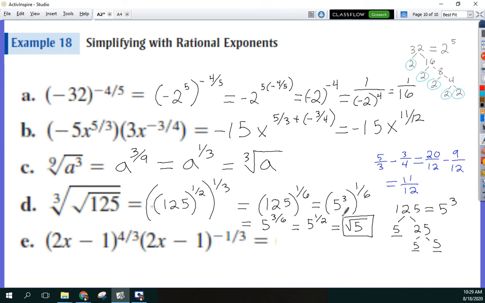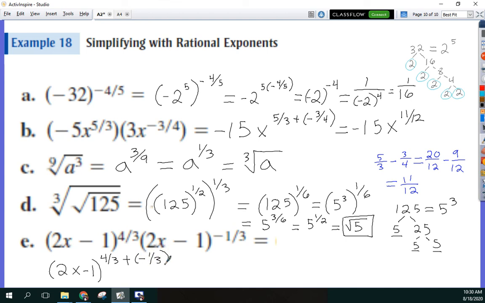Now, part E looks a little intimidating, but that doesn't mean that we can't handle it. We just kind of need to think through what our steps might be. So notice that 2x minus 1 is my base, and I have 2 of them. So that means that my bases are the same. So just like in part B, when my bases were x's, I added my exponents. Here, my bases are the same, so I'm going to add my exponents. So I would have 2x minus 1 to the 4/3 plus